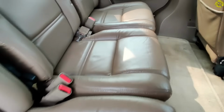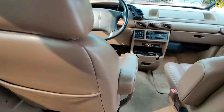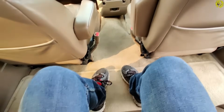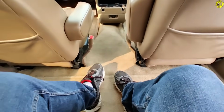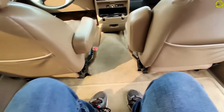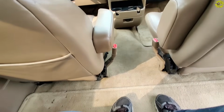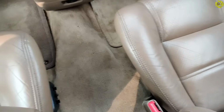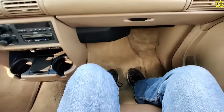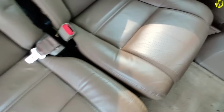But if you come in here, then I will tell you that the comfort in here is really nice. And the space is also really nice. I am only 5'7", that's true. But if you were 6'2", 6'5", you would definitely sit here comfortably. And what's more interesting is, because this car doesn't have the center console, you could easily just jump right to the front. And here I am, sitting right at the front, also having plenty of space for my legs, for my head. So if I come back in here,